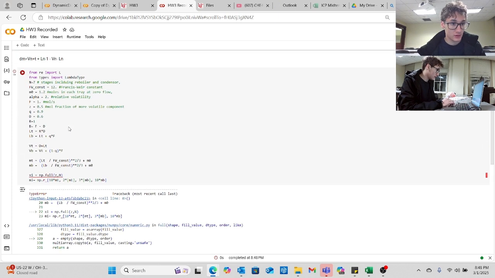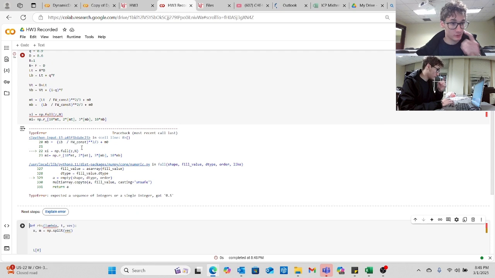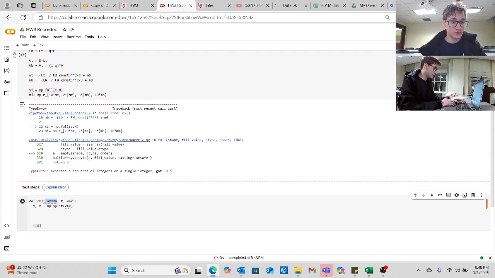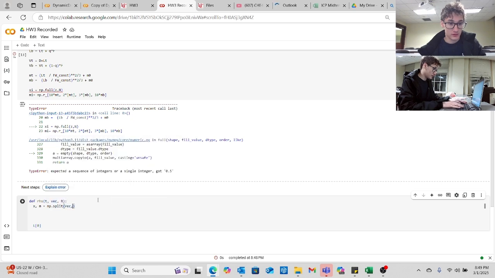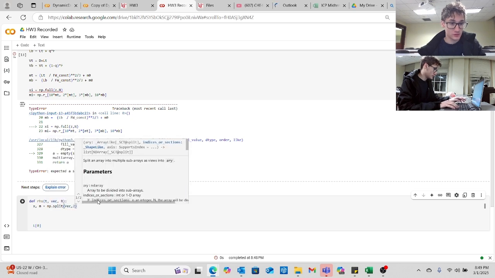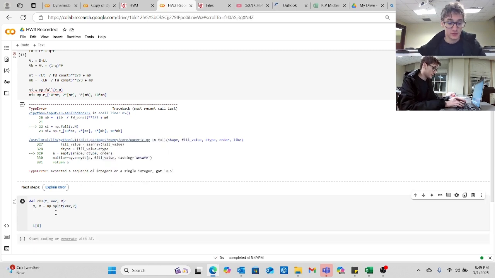Z comma N. Well, okay, now I'm just annoyed, but who cares? So this is going to be T vector, independent, dependent, and then R. Because R is going to be changing. And NP split, we do vector, can count 2, I believe. Right? Alright, and now we're going to have DMX,